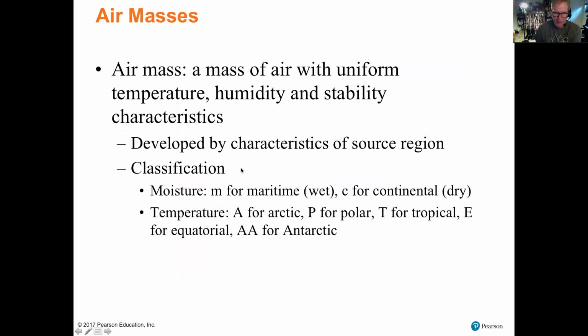So here's how we classify them. Moisture: either M for maritime, meaning it's wet, or C for continental, meaning it's dry. And then for temperature: A for Arctic, P for polar, T for tropical, E for equatorial, and double A for Antarctic. Mostly we're just going to be concerned about the T types today and the P's. Okay, so that's how we classify it, by the moisture and the temperature, and they are developed by the characteristics